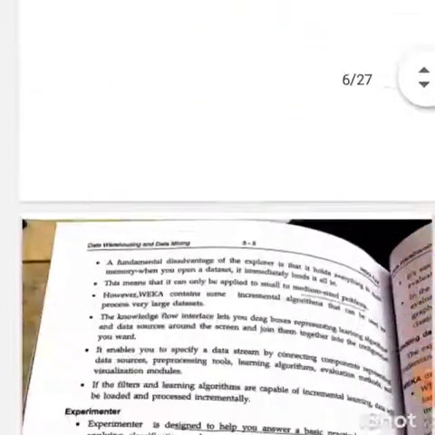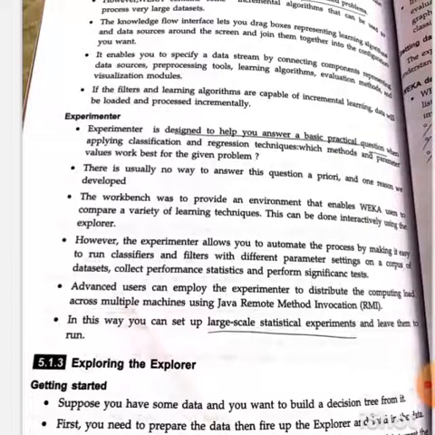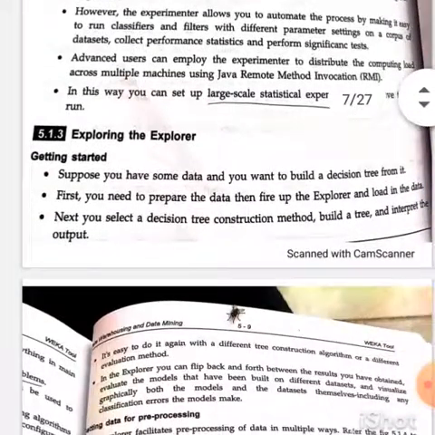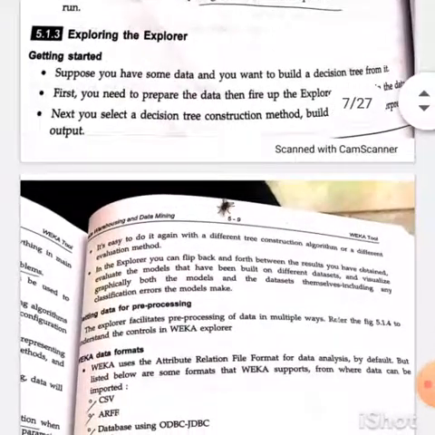The second important question is introduction to Weka. That is already given in the book: what the menus are, what the components are, and what the input sections are in this Weka tool. Everything is listed in the book. The third one is exploring the explorer. This is a complete implementation of the Weka tool.